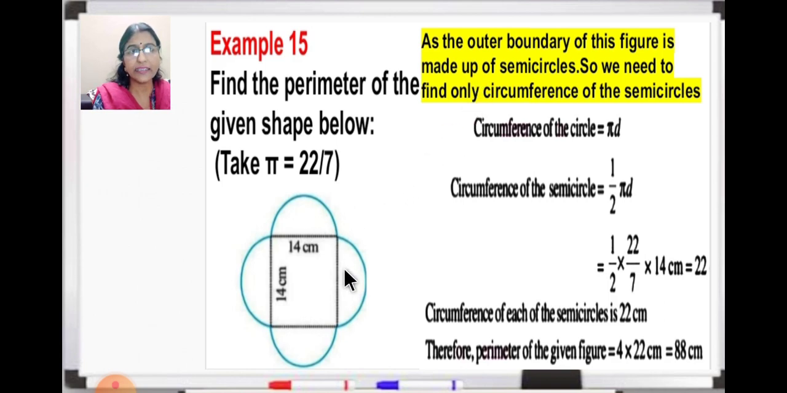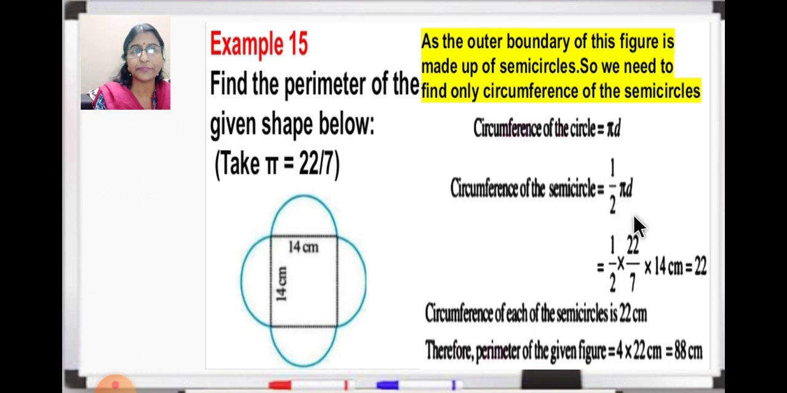There are 4 semicircles, so we are going to find out the circumference of these 4 semicircles. First we will write the circumference of a semicircle. Here it is written semicircle, but instead of semicircle, circle is written. Circumference of a circle is pi d, so circumference of a semicircle will be pi d upon 2,